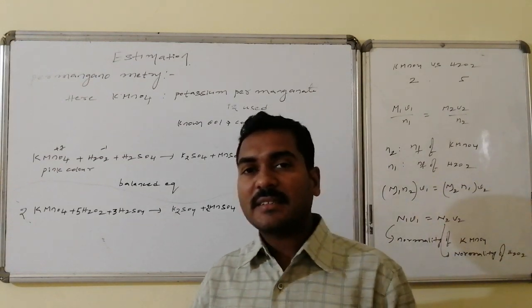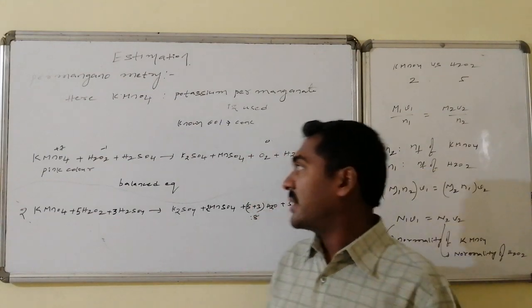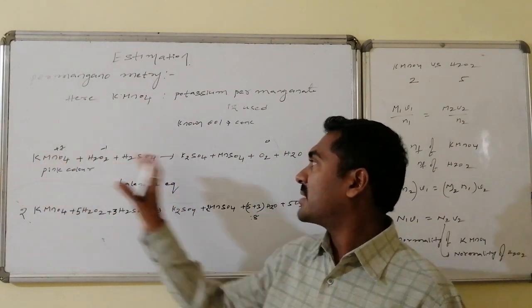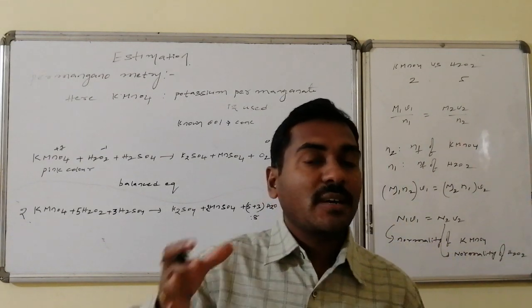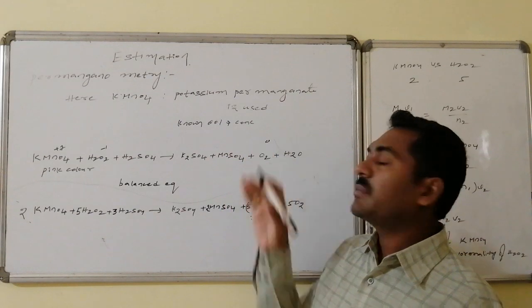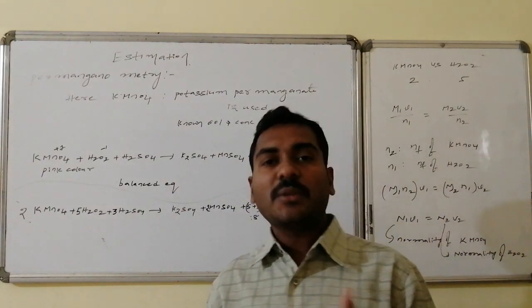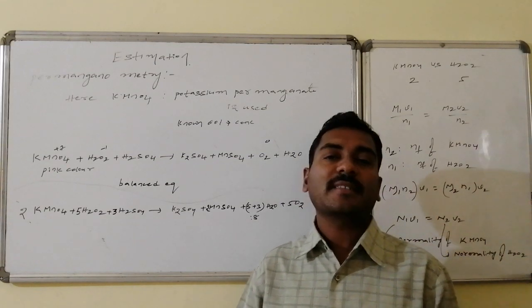When the reaction occurs, potassium permanganate undergoes reduction and hydrogen peroxide undergoes oxidation. KMnO4 with Mn in +7 is converted to the +2 state. In hydrogen peroxide, every oxygen of -1 oxidation state is converted to free oxygen that is liberated, that is, O of -1 is converted to 0, hence it is oxidation. The overall reaction is a redox reaction.